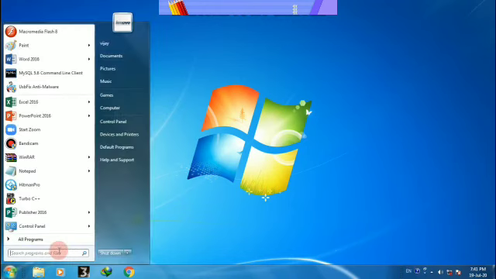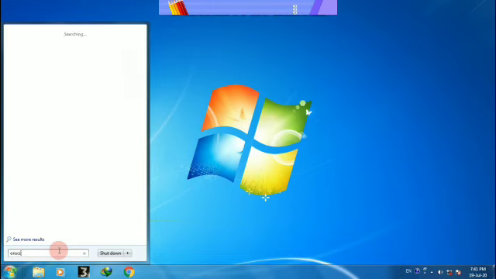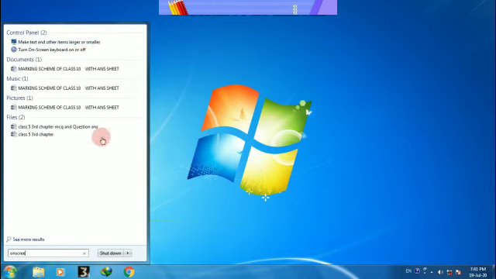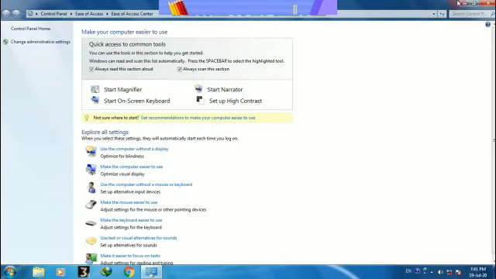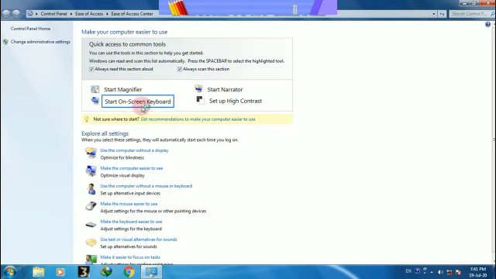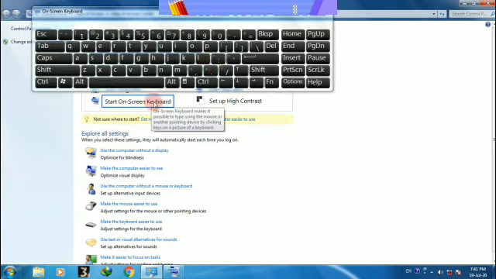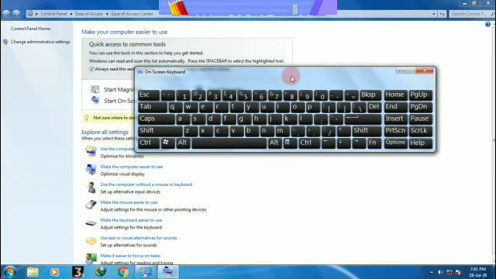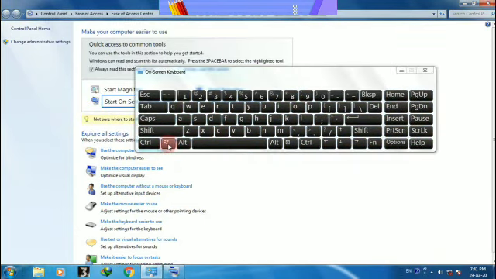Then you need to search your document. We have so many options. See, this is your Word document, recent Word documents, whatever you have created, and now start the on-screen keyboard. If your keyboard is not working, then you can open your on-screen keyboard. This is your window button. This keyboard works just like your physical keyboard.